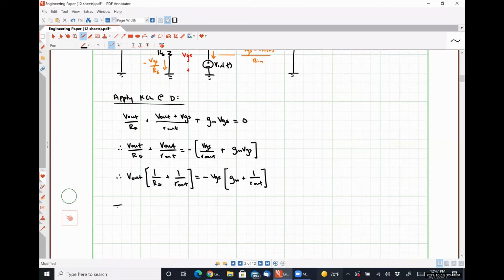And from this, I can say that VGS, or actually let's leave it as negative VGS because that's going to pop up a lot, is going to be equal to V out times 1 over RD plus 1 over R out divided by GM plus 1 over R out,